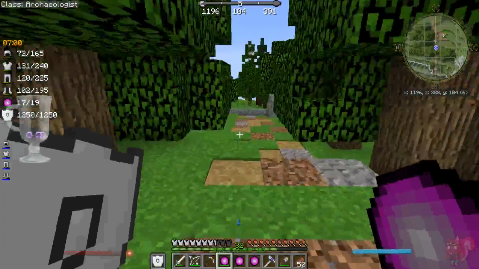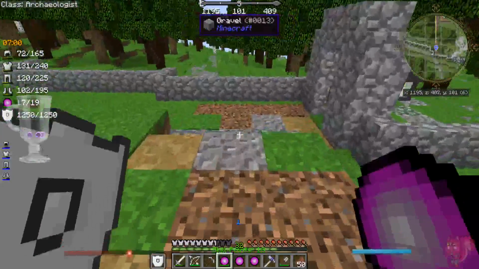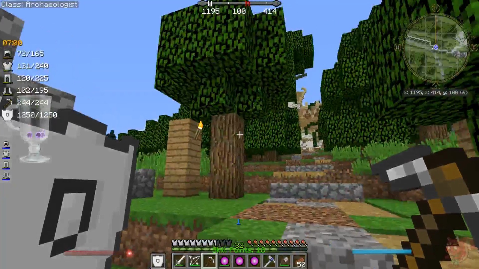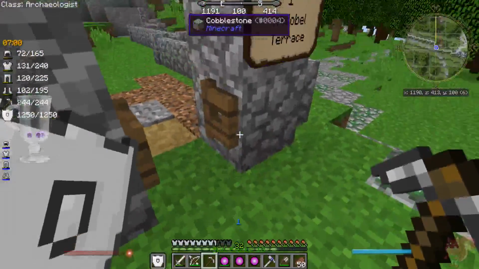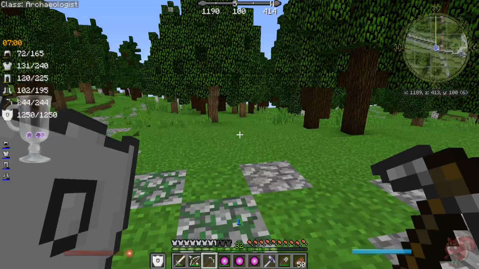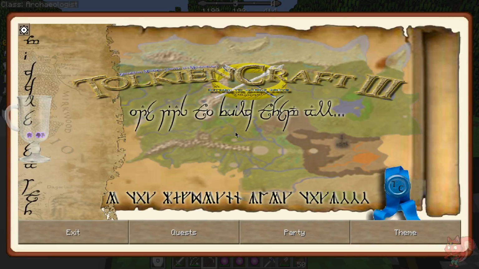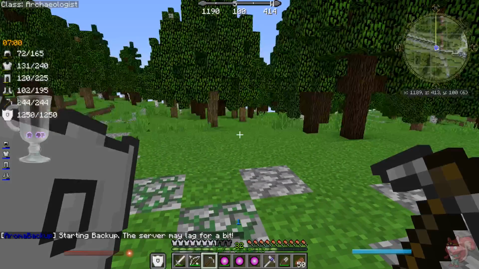Since I'm on the development server, I'm actually doing 2 things, I guess technically 3. I am testing survival, so that's why I'm growing trees and whatnot, because I'm in survival right now. I'm also testing the quests. There are, like Tolkiencraft II, 2 types of quests. There are the ones you get to by hitting the O button, and that is from a new mod called Better Questing. And right now I'm in edit mode, so let me just